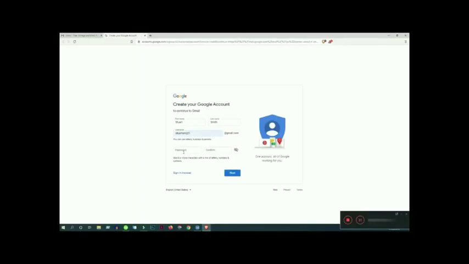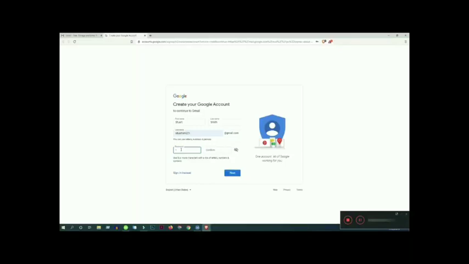I'm putting my password here. For a secure password, put a symbol, uppercase letter, and lowercase letter. It's important to choose a strong password, in other words, one that is difficult for someone to guess.